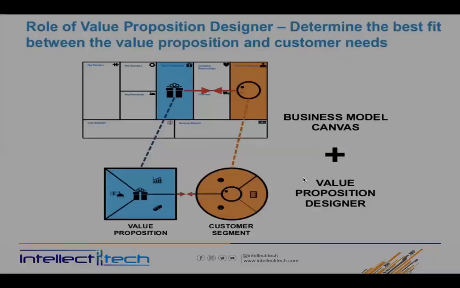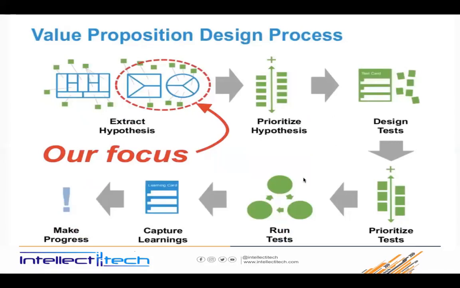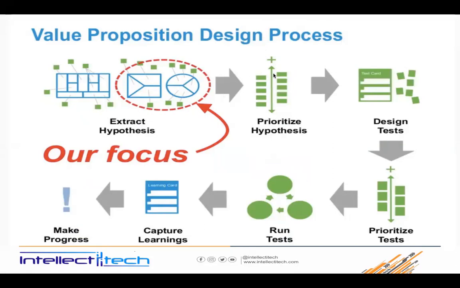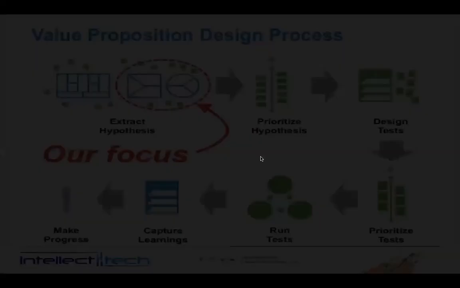Value proposition design process. We have extract hypothesis, prioritize hypothesis, design test, prototype test, run test, capture learning, and make progress. So this is the extract hypothesis. This we are going to use mainly. So let us go to